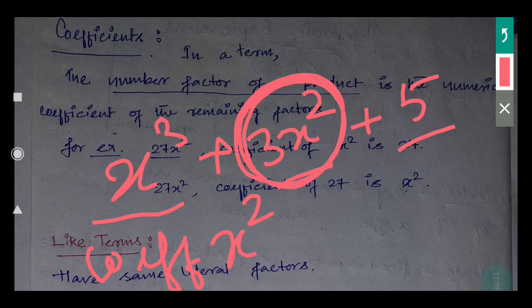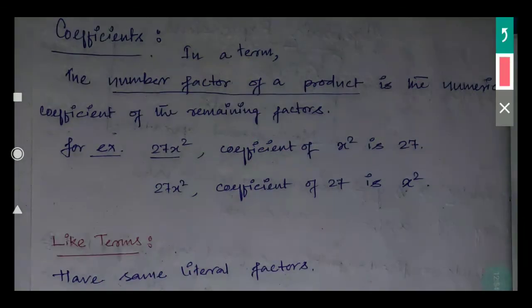Now the question is to find the coefficient of x square. So put the finger on x square. What are the remaining factors of that term? Only 3. That means the coefficient of x square will be 3. So if it is given like this,